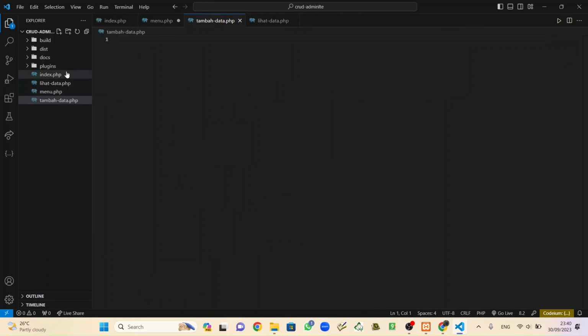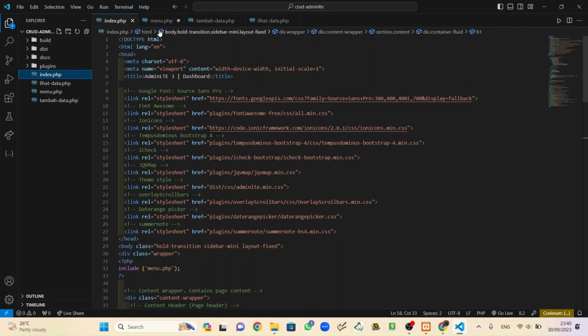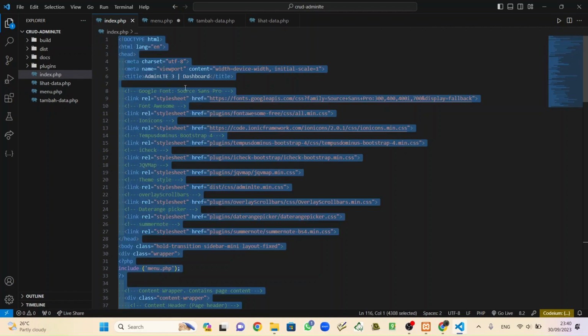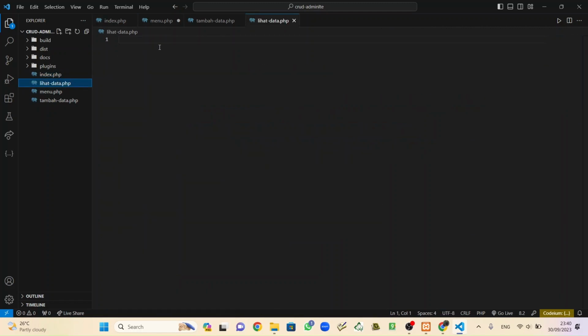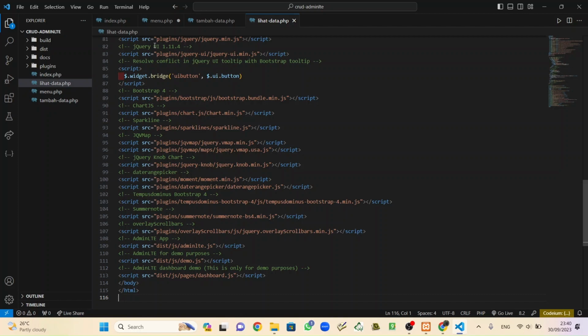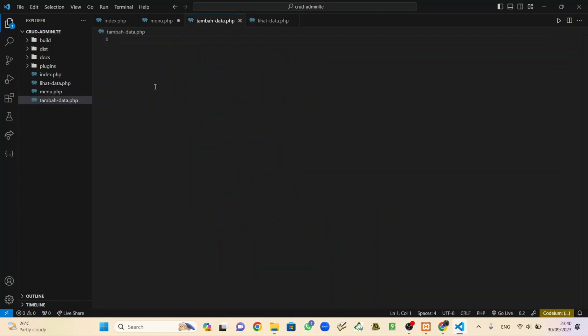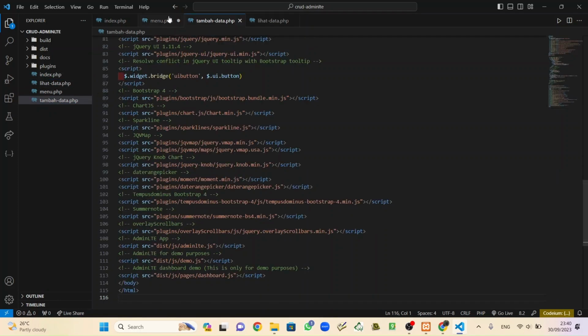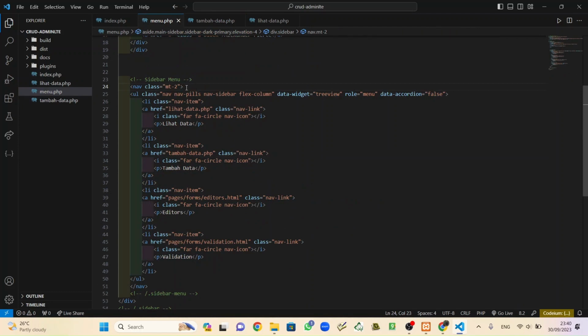Okay, the first one, copy from index, all inside index, Control A and Control C, and put inside lihat data, Control V. That's not working. Okay, Control V, save, and also tambah data, Control V, save.